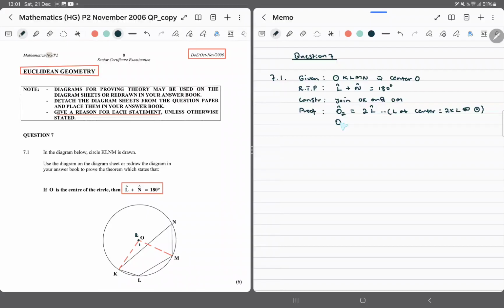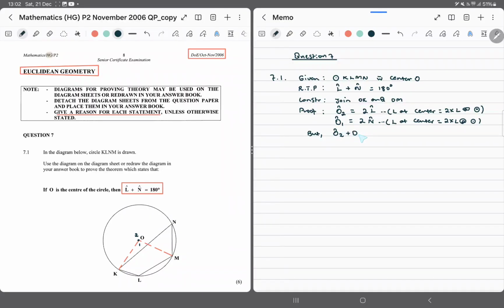Likewise, we've got O1. Remember angle O1 is subtended by this chord or arc KM, and can you see the same arc subtends that angle at circumference, so it's going to be 2 times angle N. Again, same reason, angle at center equals 2 times angle at circumference of the circle. Now, we understand that, but